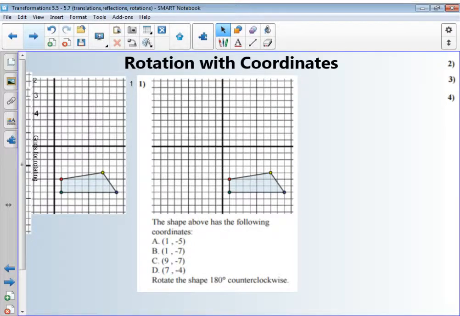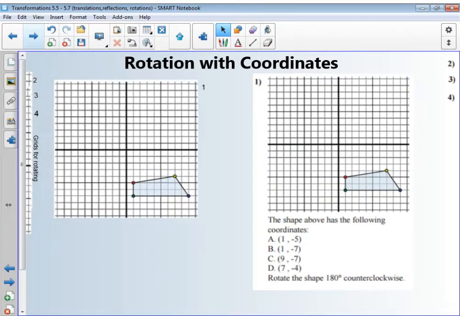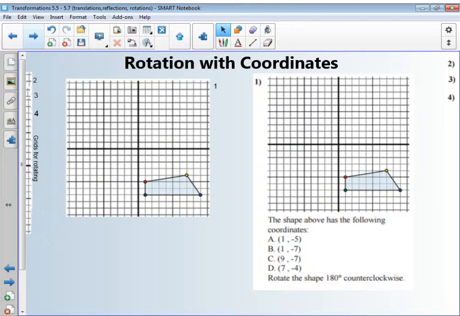Just creating rotations. This is a very hard concept. Some of you will pick up on it very easily. If you're a visual person like me, these are kind of hard to do because I like to physically see it or be able to physically touch and rotate it. And when it's on paper, it's hard to do that. So what I've done is I've taken a copy of this grid and I've noticed that I have the exact